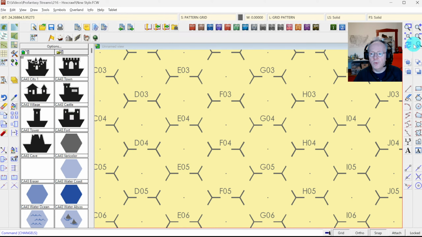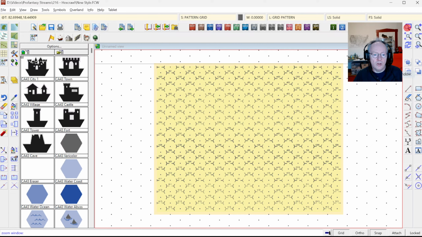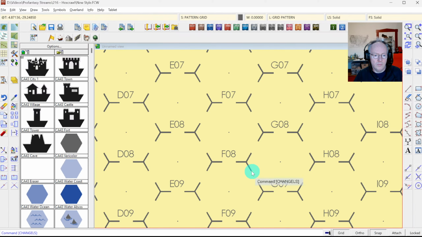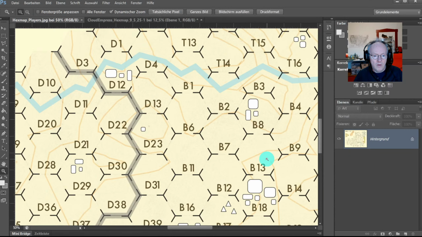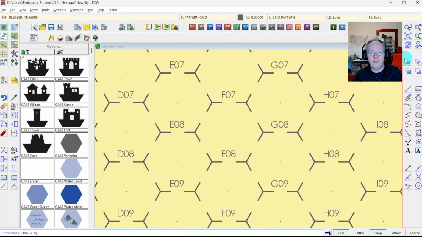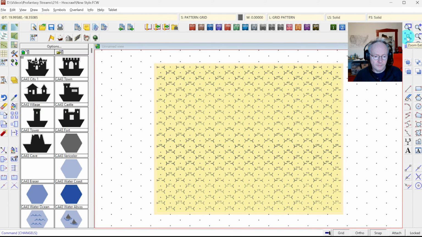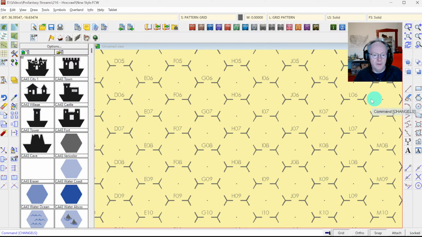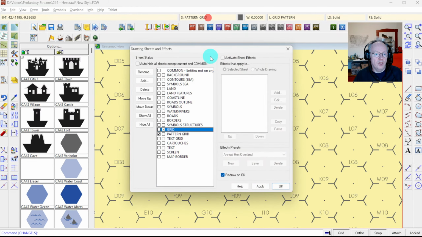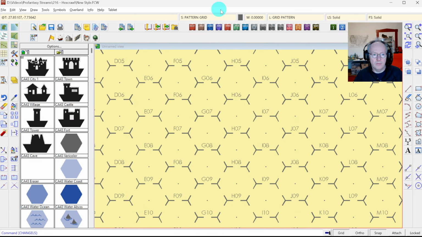And that's exactly what I'm looking for. Gap in the center of each hex side. Looks pretty close actually from the proportions of gap to line. I'm pretty happy with that. There we go. And with that, I do have my general hex outline here. If I show my grid now, you'll notice